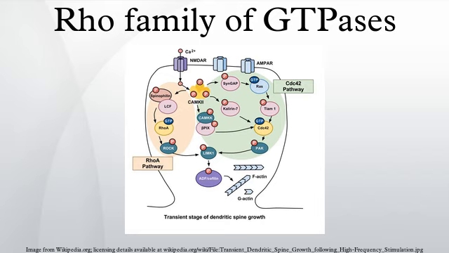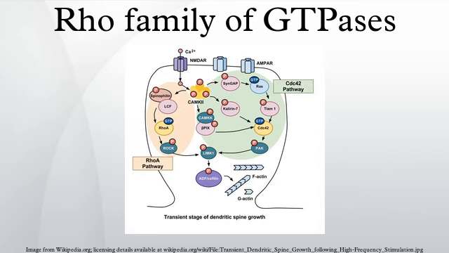Categorization: the Rho family of GTPases belong to the Ras superfamily of proteins, which consists of over 150 varieties in mammals. Rho proteins sometimes denote some members of the Rho family, and sometimes refers to all members of the family. This article is about the family as a whole. In mammals, the Rho family contains 22 members. Almost all research involves the 3 most common members of the Rho family, CDC42, RAC1 and RhoA. These 22 mammalian members are subdivided in the RAC subfamily, CDC42 subfamily, RhoA subfamily and other Rho GTPases.